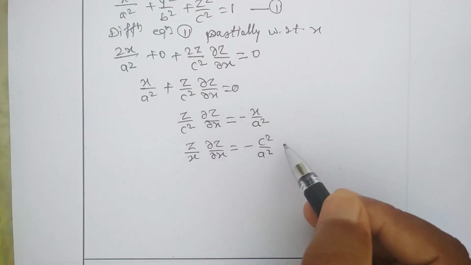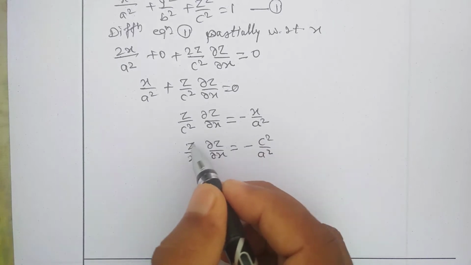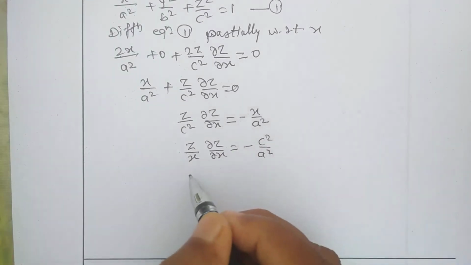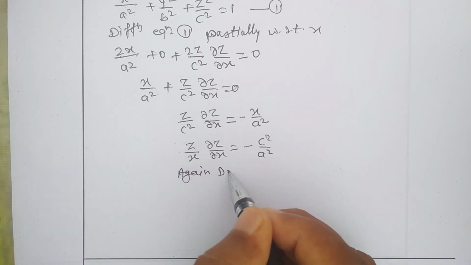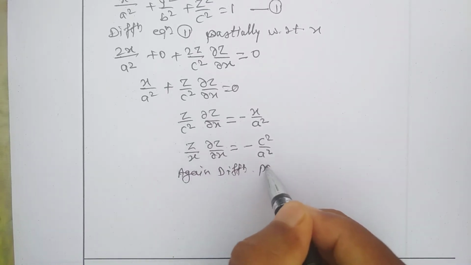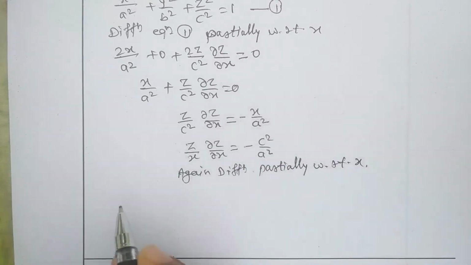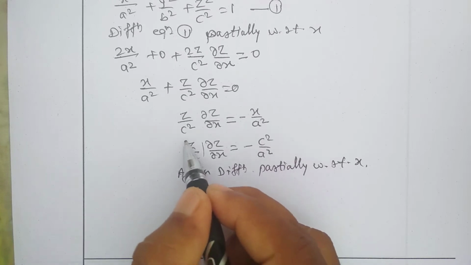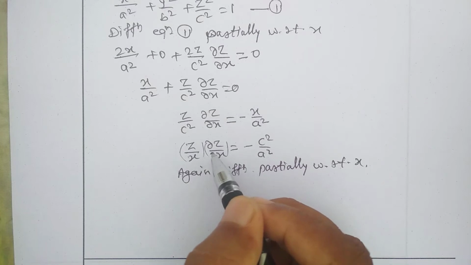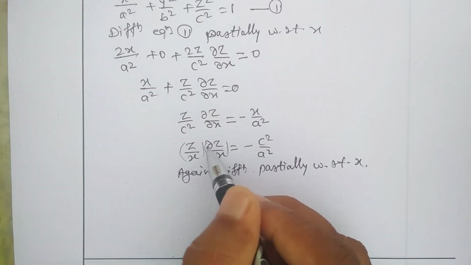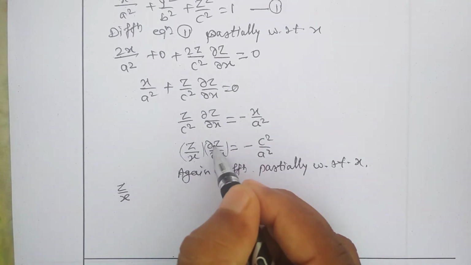We did the procedure here: we take all constants on one side and variables on the other side. Now again differentiate this partially with respect to x. See what happens. Here there are two terms. The first one is z upon x and the second one is del z by del x. So for that we have to use the u into v rule. So first u as it is, that means z upon x as it is, and